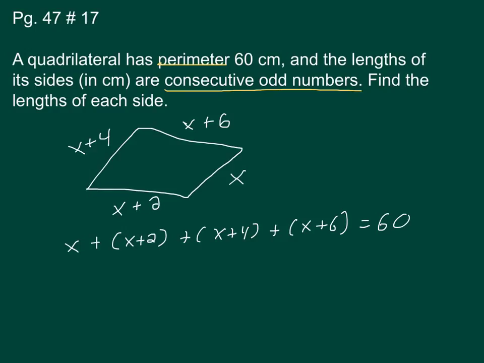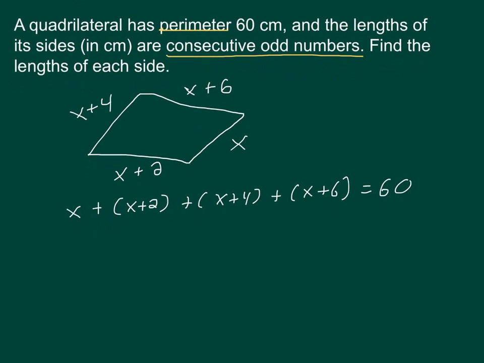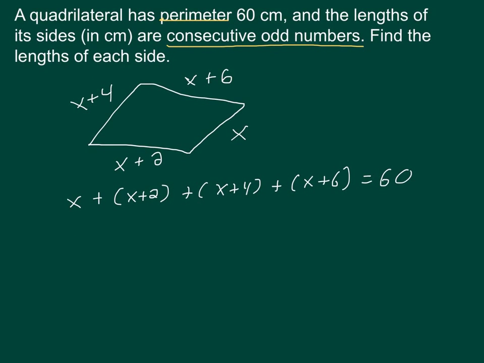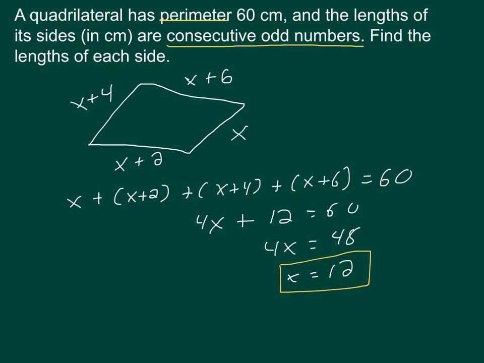Perimeter just means adding up all 4 sides. So either pause the video and try to solve it yourself, or just go ahead and see what the solution is. So we can see that this gives us a value of x equals 12, which I just go back up